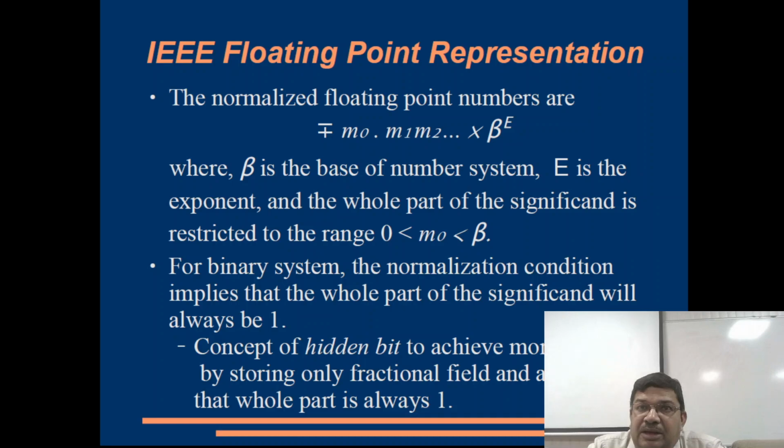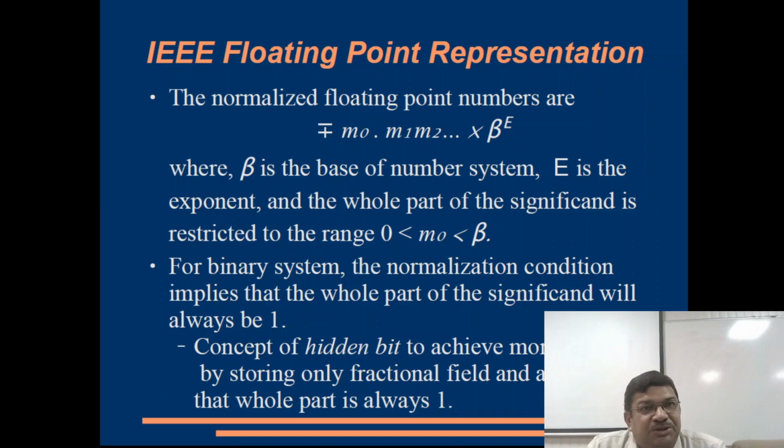The requirement for m0, the whole part of the mantissa, is it should be greater than or equal to 0 and it should be less than the base of the number system. So for decimal numbers, it has to be some number between 1 to 9, right? So whole part can be any number between 1 to 9, and for binary numbers,